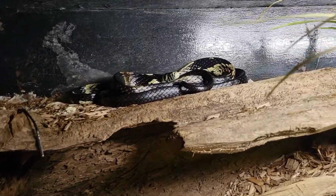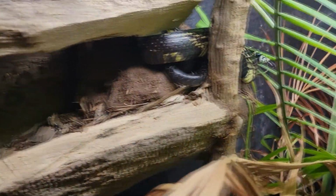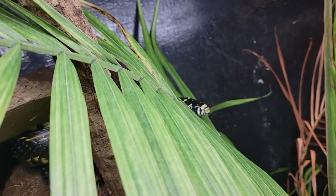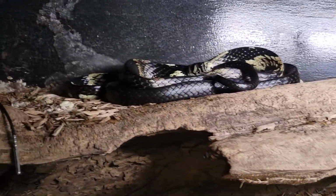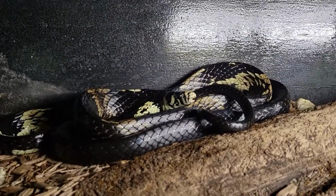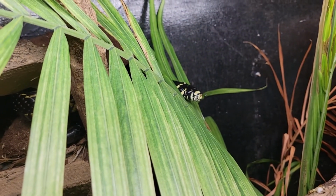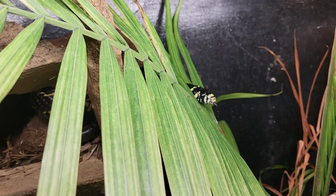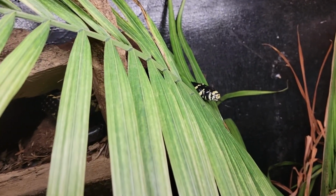And this is my pair of tiger rat snakes, or Spilotes pilatus, or in theory they're a pair anyway. I need to actually sex them. I've had them a couple of years and just had zero luck breeding them. They're kind of cool. They're sort of bastards though. These two are wild caught, which always makes it interesting, but